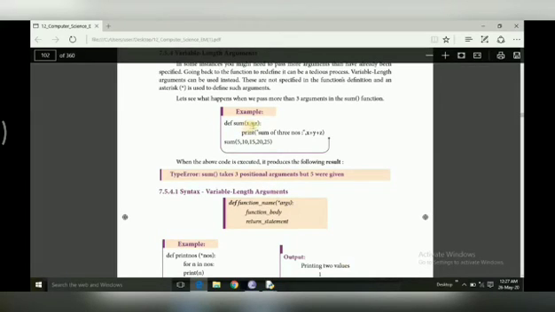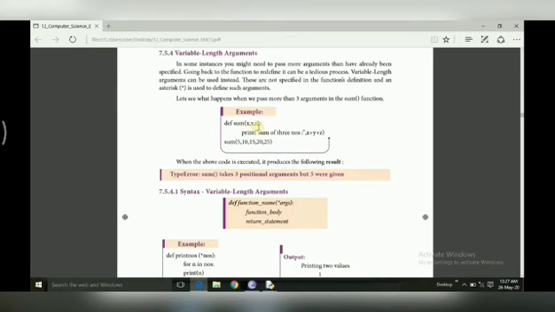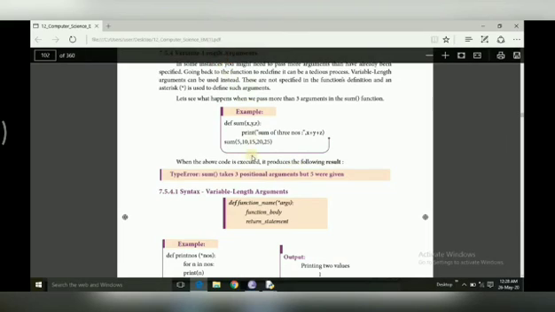Then the next topic we will discuss is variable length arguments, children. If you see the example, sum is the function name and 3 parameters are used, but in the function call you can see 5 arguments. If we run this program, we will definitely get an error saying it takes 3 positional arguments but 5 were given. In some instances, you might need to pass more arguments than have been specified. To avoid such errors, we can use variable length arguments.